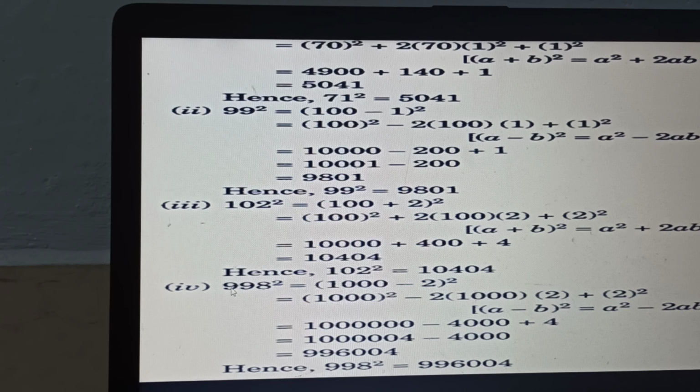If 90 plus 8, 900 plus 8, it is not as easy. 1000 minus 2 is very easy. Same way 100 and 2. If you put 100 and something, it will be very easy for calculating. That is why they have put it like this. 99² means (100 − 1)². It will be easier than (90 + 9)². Okay, so they have used this formula.